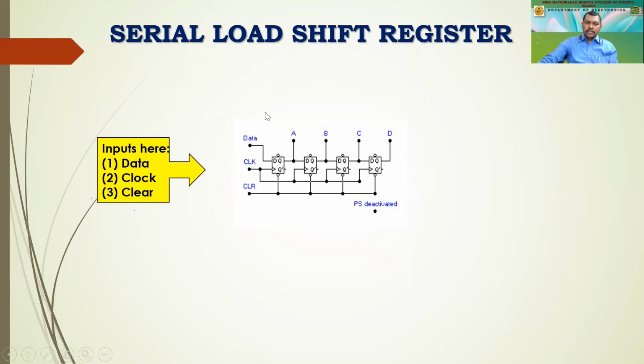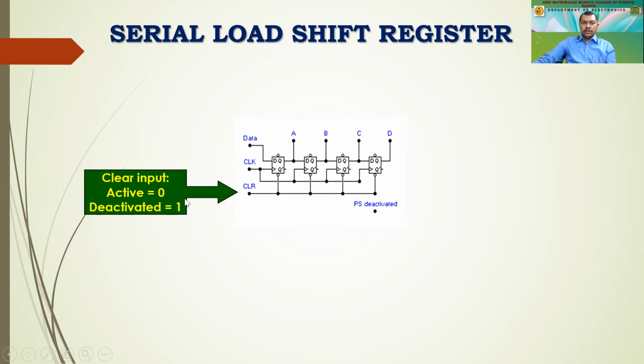Now all three have their own significance. This data is the data which I want to be the input to the shift register. It is given to the first flip flop, and as the clock pulses go, this data shifts from this flip flop to the next, and then to the other flip flops. So this is the shifting of data bit by bit with the clock pulses, right? This is the first thing that we need to do.